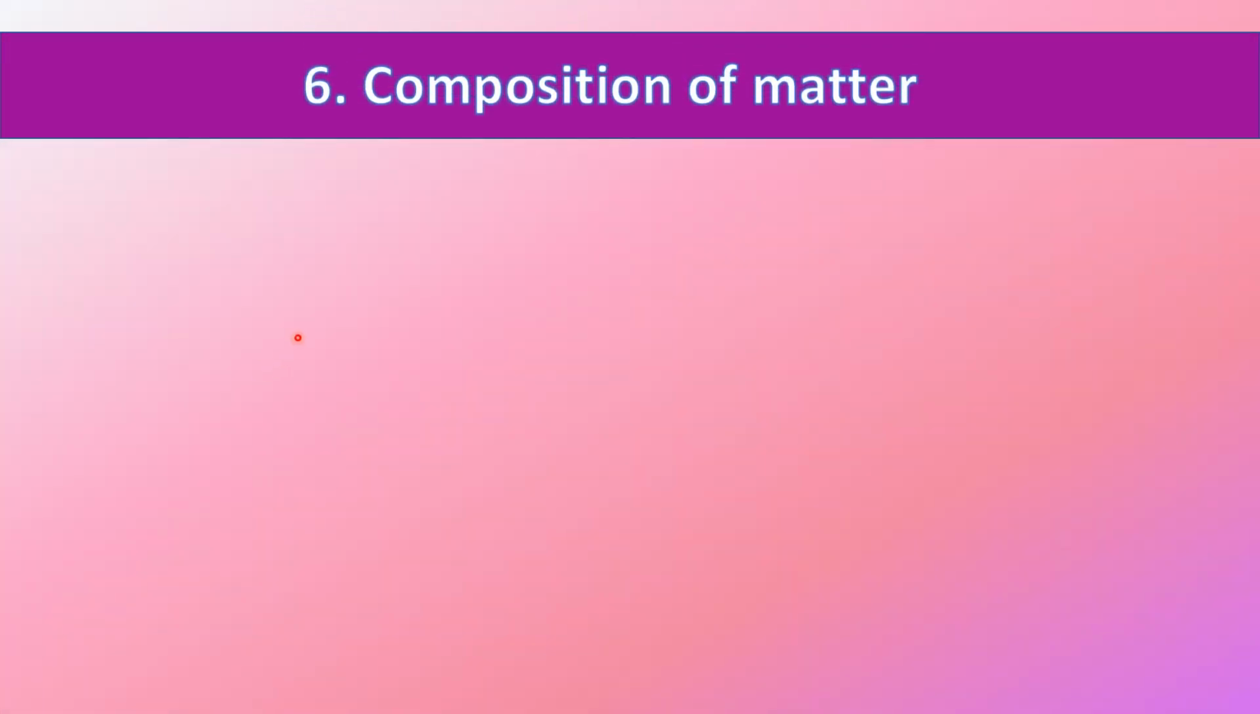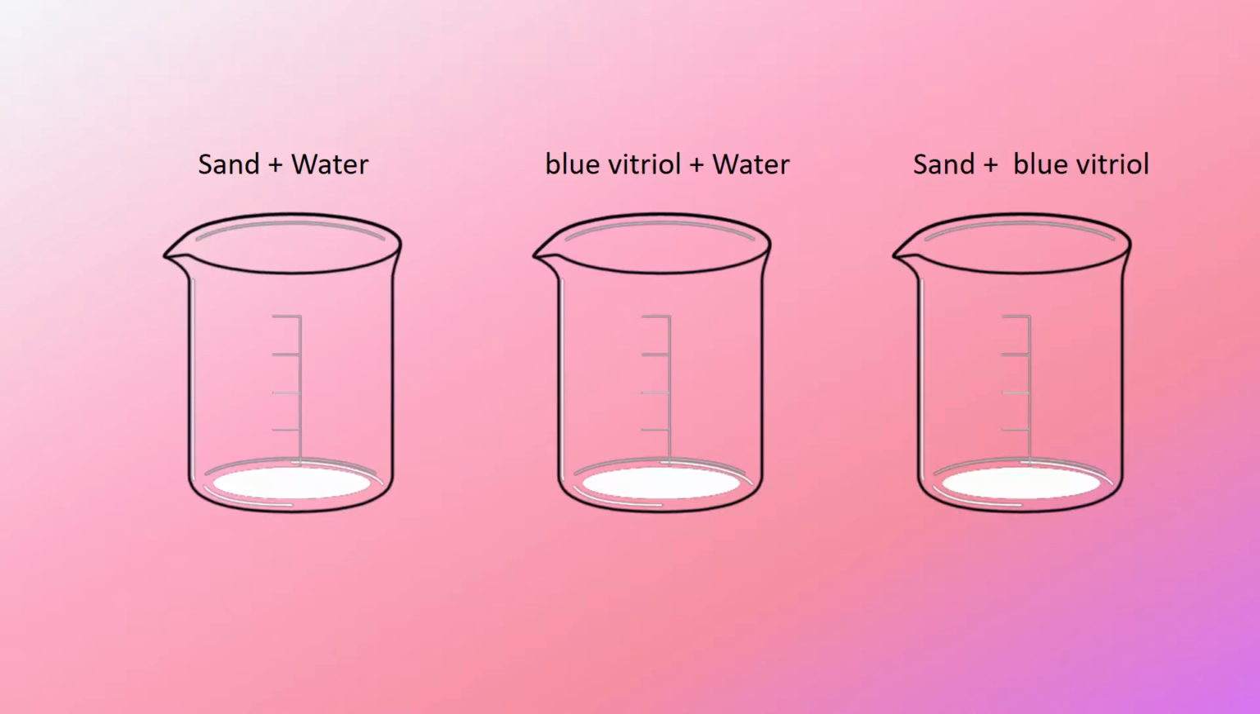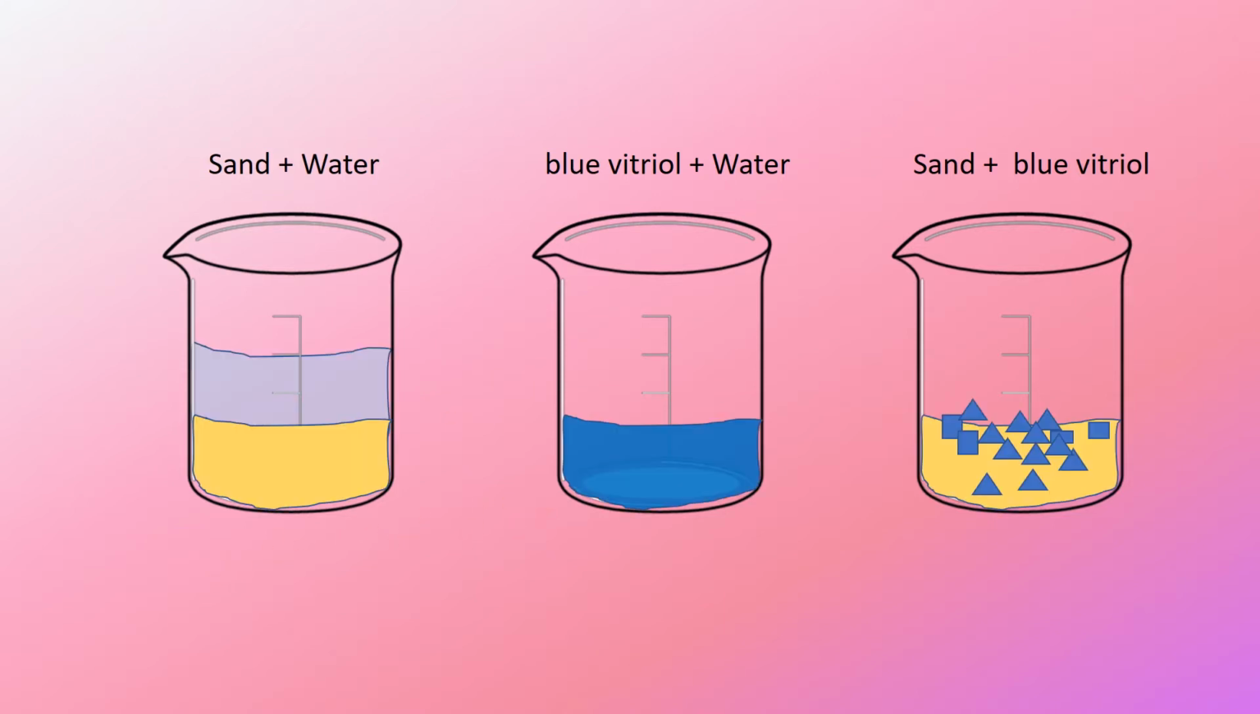Good morning students. In the previous class, we started lesson number 6, composition of matter. Today we'll observe one activity. For this activity, we have to take 3 beakers. In the first beaker we take sand and water, in the second beaker blue vitriol and water, and in the third beaker sand and blue vitriol. Then stir the materials in all 3 beakers, observe, and record your observations in the table given